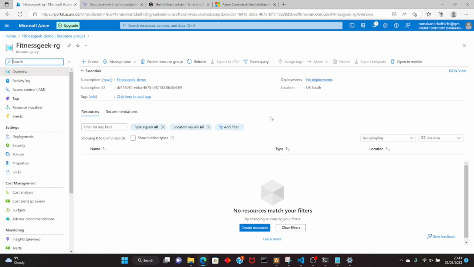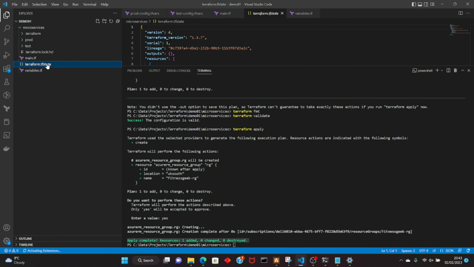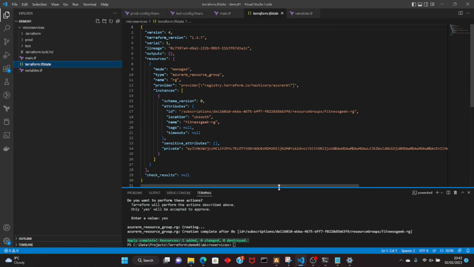Okay, so our code ran fine. If you see, apply complete, 1 added, 0 changed, 0 destroyed. And this is your Terraform state file. The Terraform state file is where Terraform keeps track of all the infrastructure that it has created. This is where we created a resource group. So if you see this tfstate file,